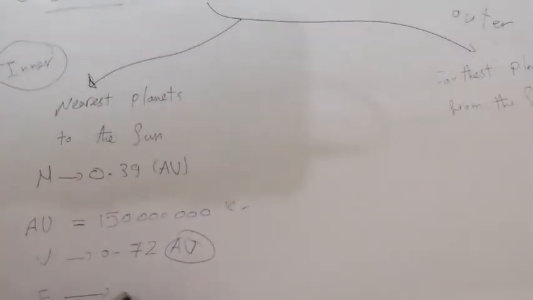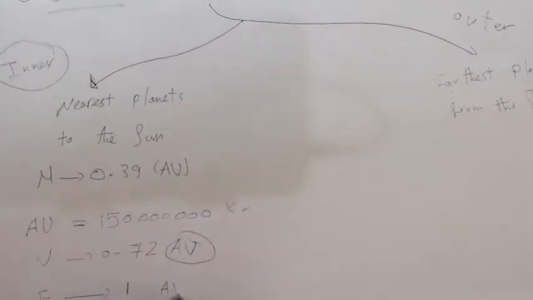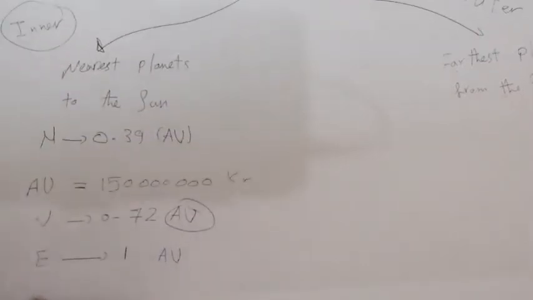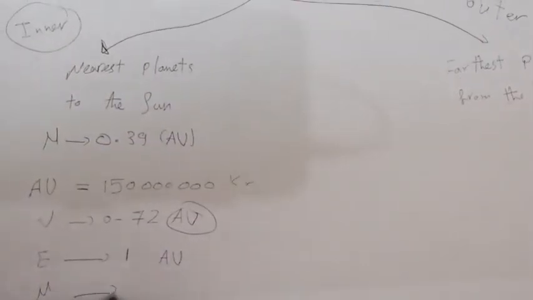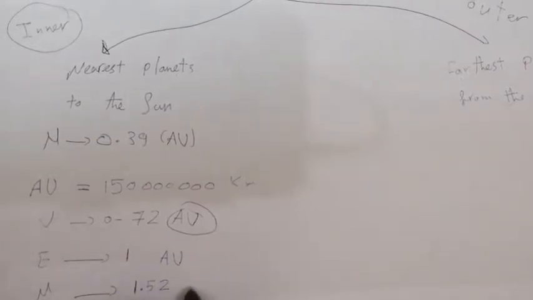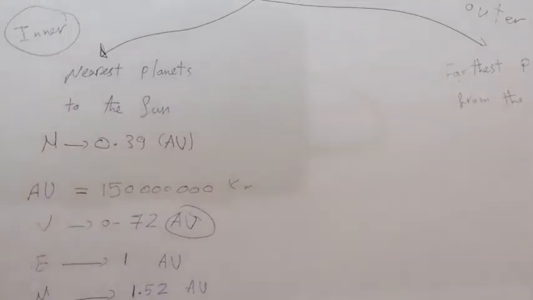So Venus equals 0.72 AU. No one ask me about this again. Earth 1 astronomical unit, and Mars equals 1.52 AU. Okay,